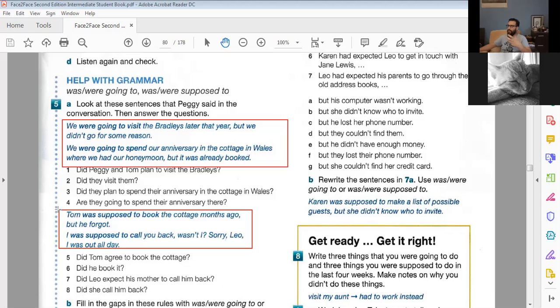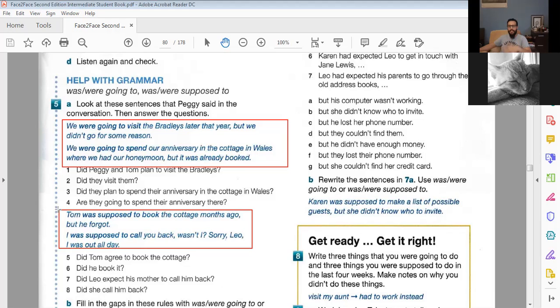When I tell you I was going to come, and then I give you some kind of excuse, but I didn't, or I wasn't able to, or whatever. So this first structure, I was going to come, or I was going to do it, or I was going to buy it, or I was going to infinitive, whatever the verb is. What do you understand from it? The task they should have done. Yes, it means this is something I agreed to do, or this is something I wanted to do, but it didn't happen. Do you get the idea?